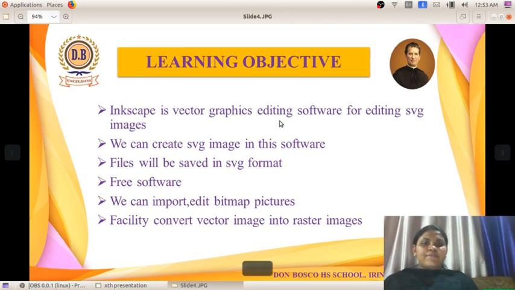Inkscape is a vector graphics editing software for editing SVG images. We can create SVG images in this software. After drawing the pictures in this software, that file will be saved in SVG format.